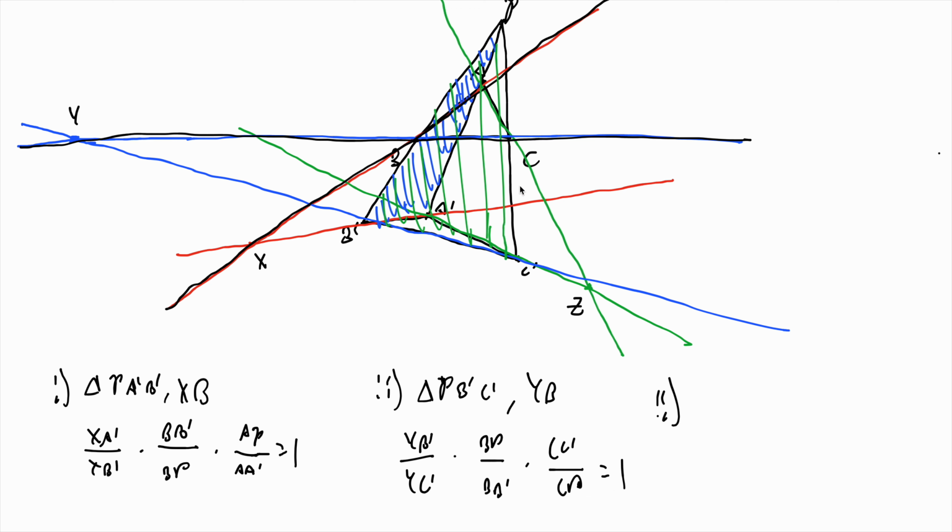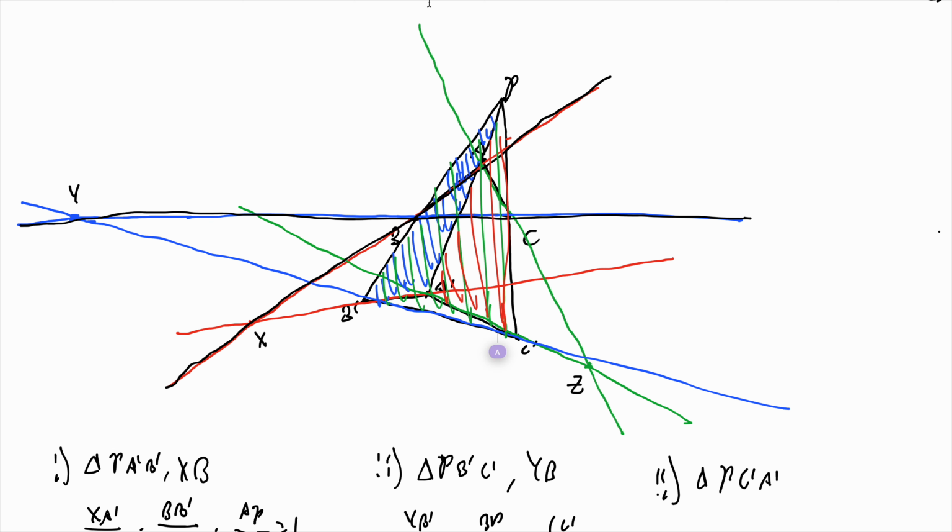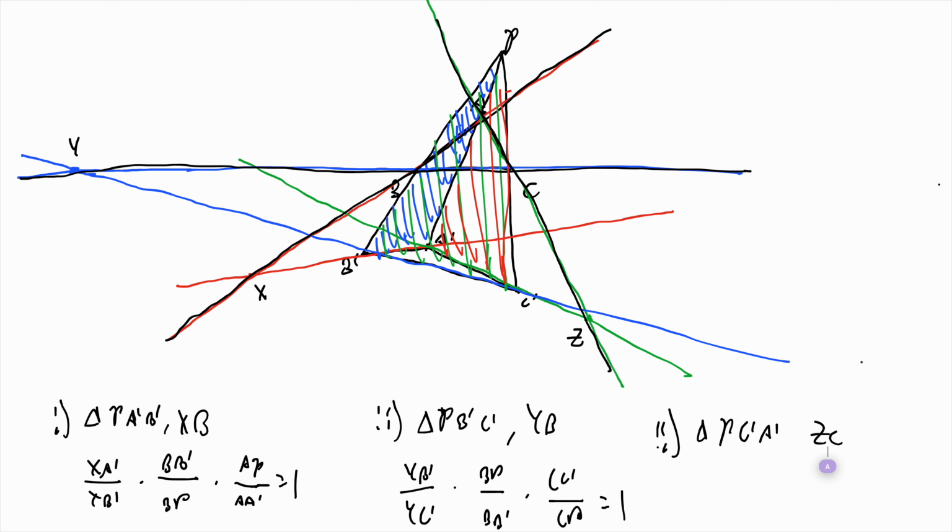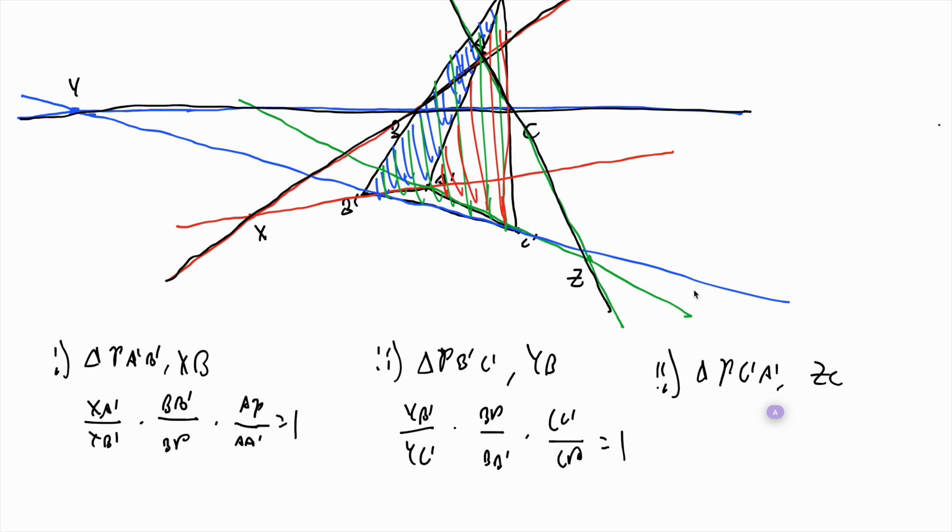Now we have our last case, which is, as you might have guessed, triangle PCA. So we have this one, and which lines are we going to look at for this one? Should we look at this line? This is ZC, right? So for this triangle, when we use Menelaus,